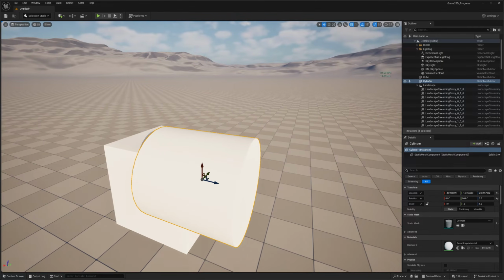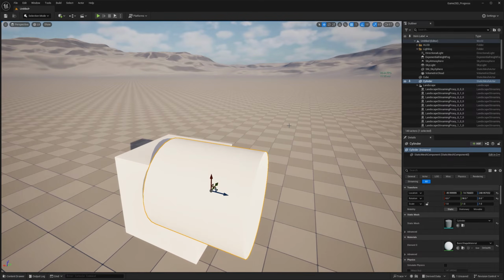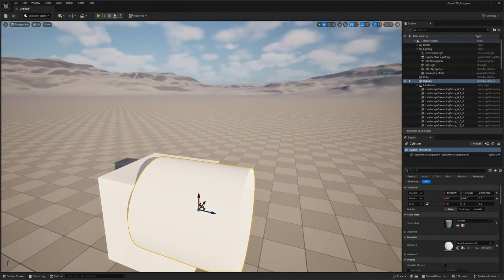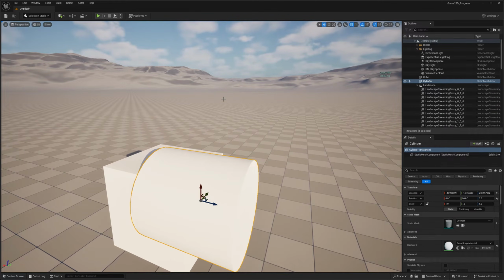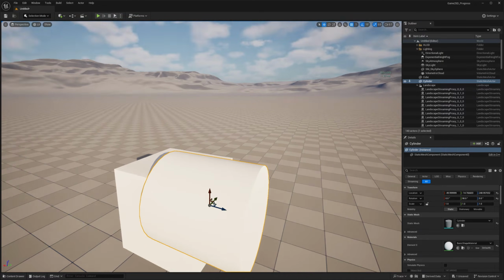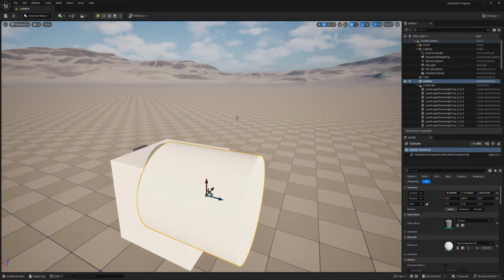Now you are Unreal Master. You know how to navigate the viewport, you know how to change the viewport display. You basically know everything about Unreal. No, I'm joking, but that's very important because this is where you're going to be spending most of your time in Unreal, inside the viewport, inside your world. So that's the viewport. To my right, you see that I was talking about the outliner.